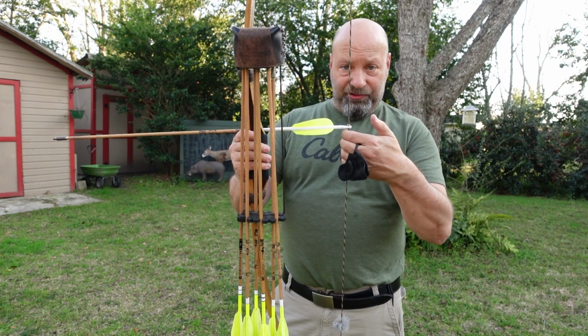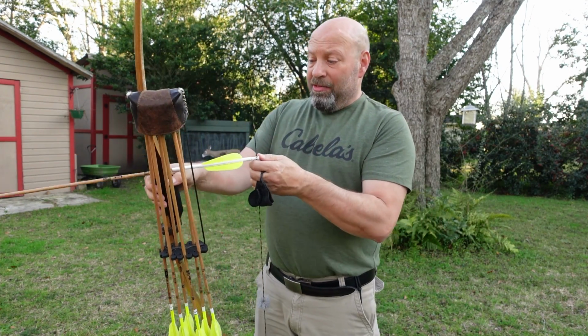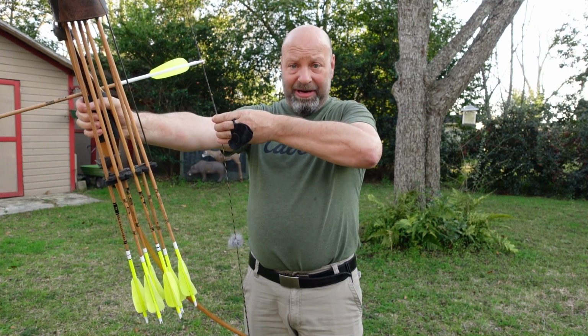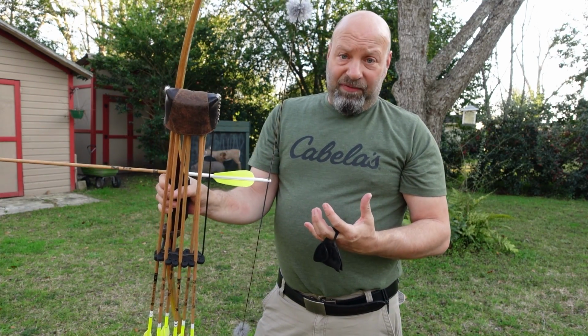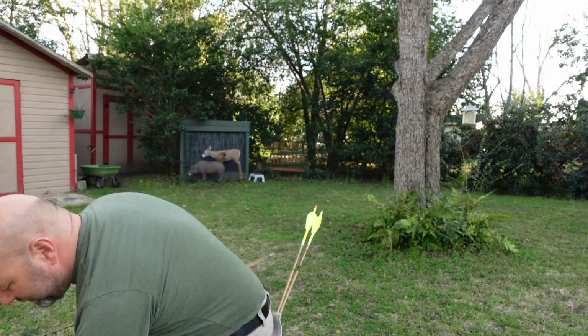If you are a 3-under shooter, you probably want it this tight or maybe even tighter. You want to know that, especially if you're one of those guys that do all this weird stuff where you draw from down here, or whatever the case is, you want that to hold that string so that you're not going to end up dry firing your bow, going to pull it back and that arrow falls off like that. You don't want that to happen. So you want that tension